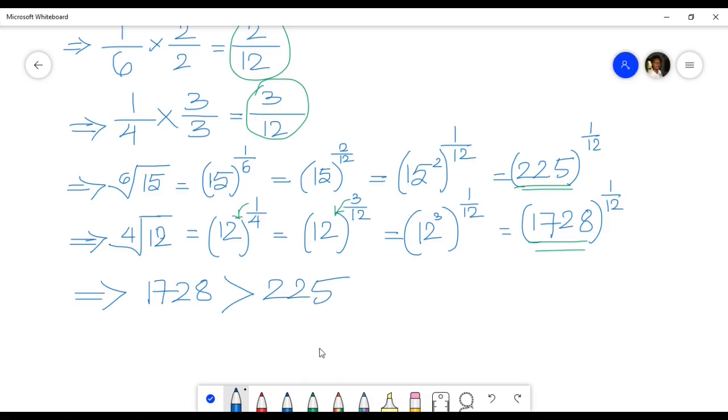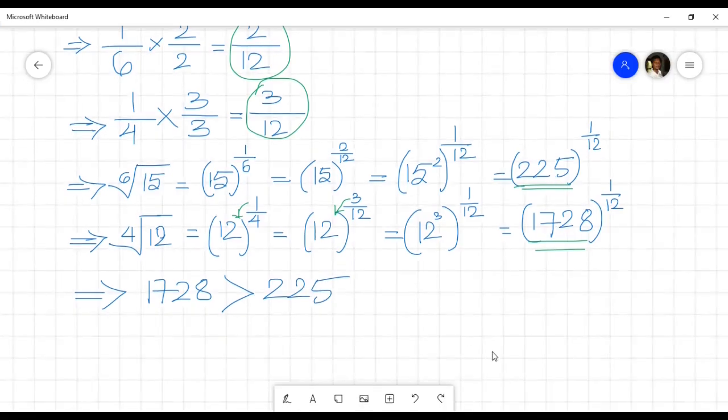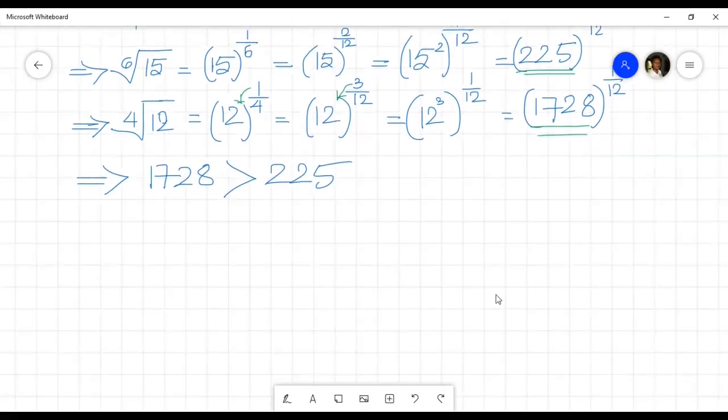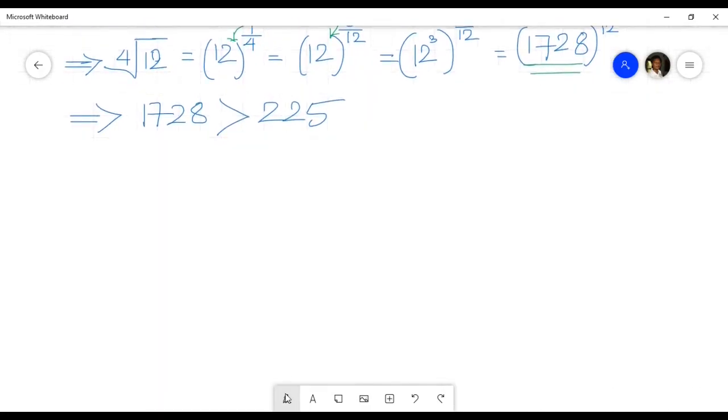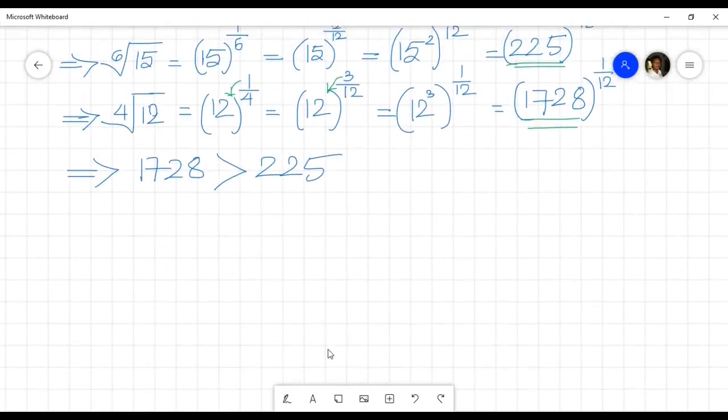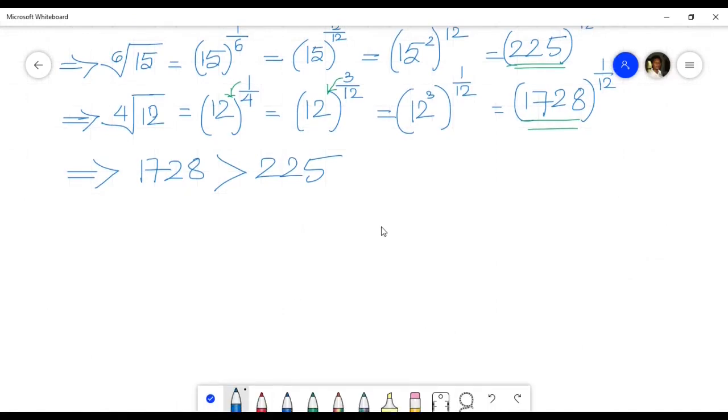So 1728 refers to 4th root 12, and it also refers to 12,